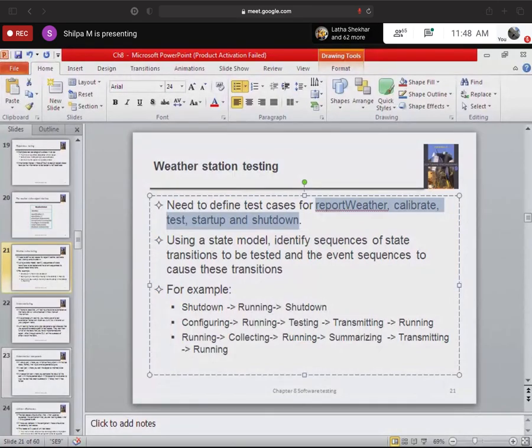When he tests, he will give the input as it is in the document and check whether he gets the same output. If he does not get the expected output, he will say error. So if you don't get the expected result, we say that the test has failed.